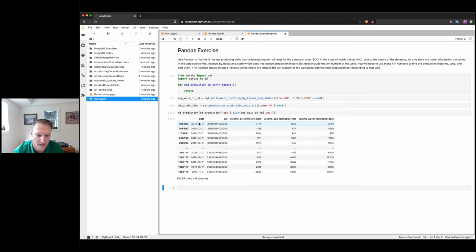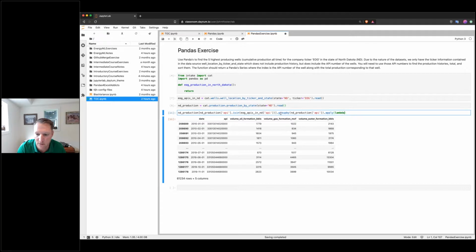If you notice, for every API there's a row for every month of production. So what we'll do next is call the Pandas command groupby. We're going to group by North Dakota production API, and then apply. Remember the apply, we can apply any random function to our data.